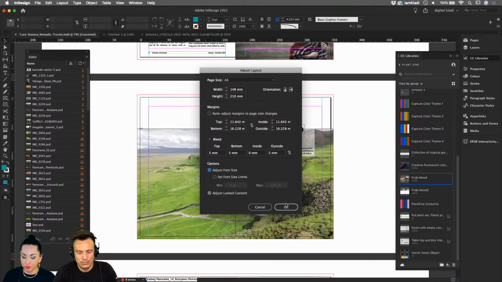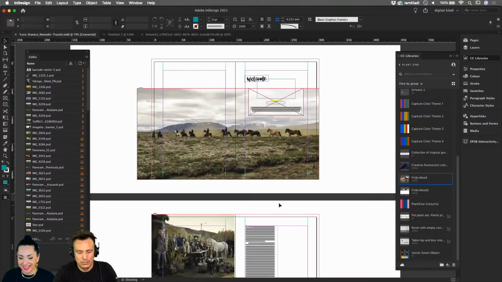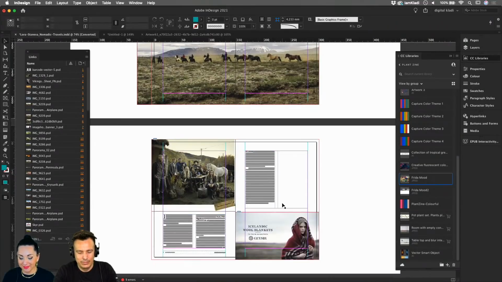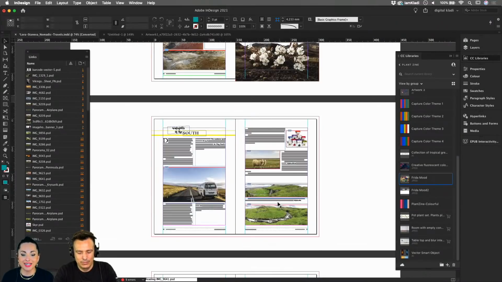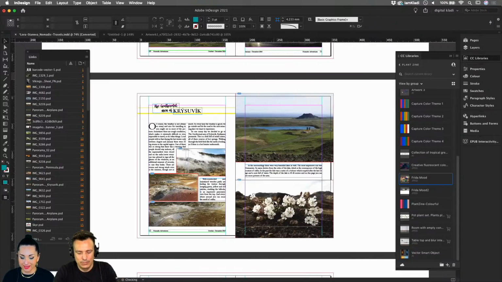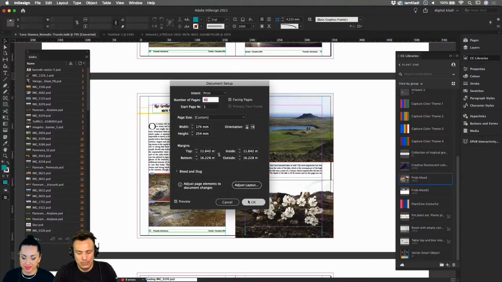And look what happens if I click on OK. Just by clicking OK, InDesign will resize the entire document, including the fonts, and basically you already have a starting point which is reflecting your artwork in just a few clicks. And I'm going to do Command Z to undo real quick what we did, just to show you what happens if I do not select the font.